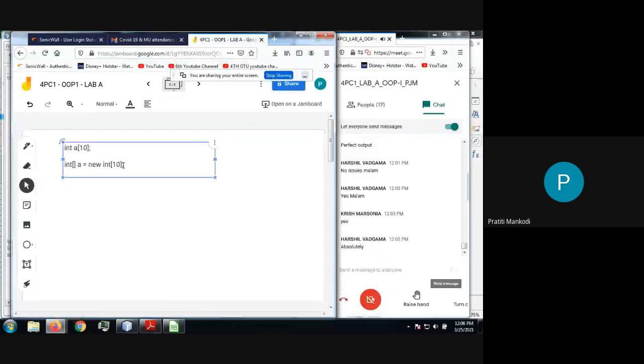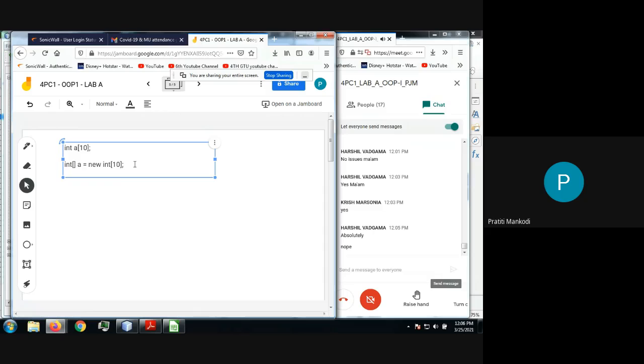If I try to add an element at the 12th position, will it allow me? No, because once the size has been fixed, my array cannot shrink dynamically. If I remove some of the elements, it is not going to reduce the size. And if I add an element beyond the size, it is not going to allow me. It will give me exceptions, runtime errors, right? So this is the limitation.